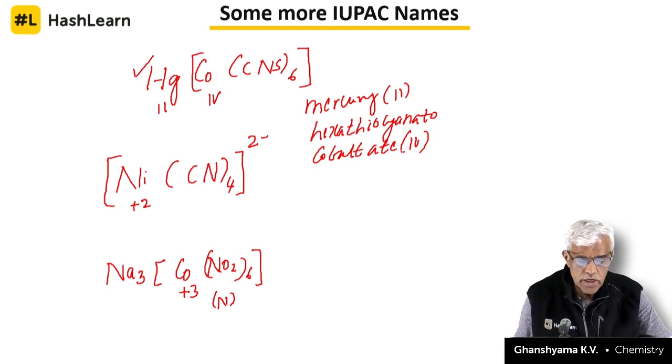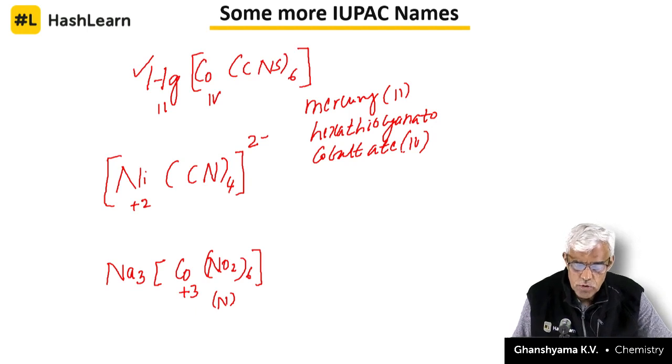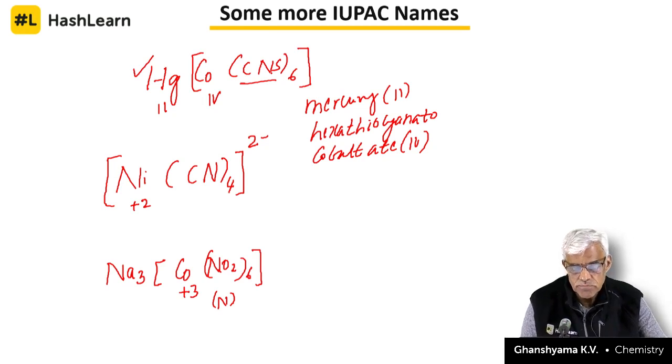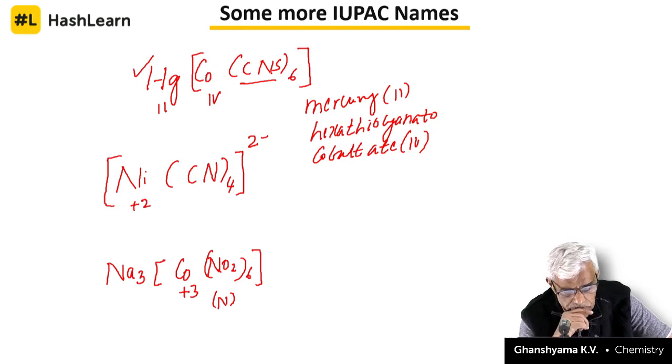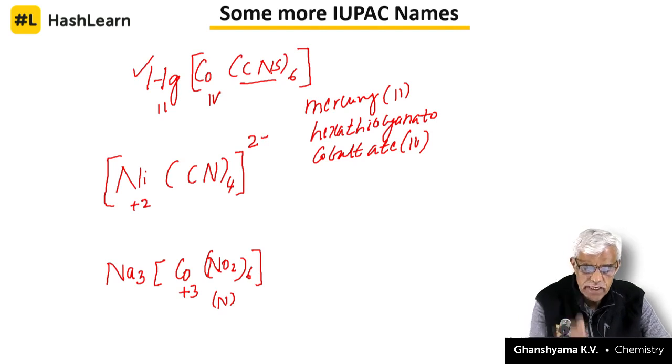But for mercury, copper, you have to write that. So mercury 2 hexathiocyanato, this is thiocyanato, SCN. NCS is isothiocyanato. And I have already told you, for the anionic complexes, the central metal atom will end with the letters ATE. Okay? The next,